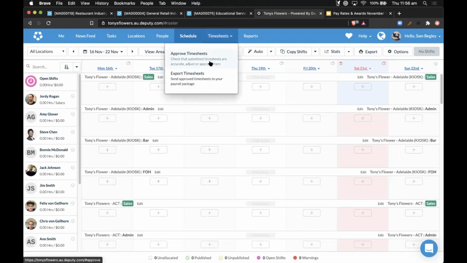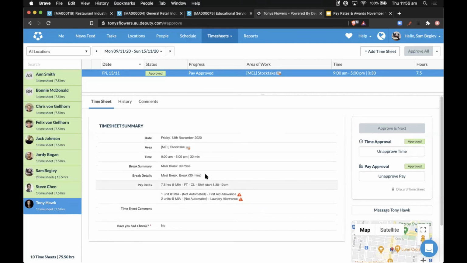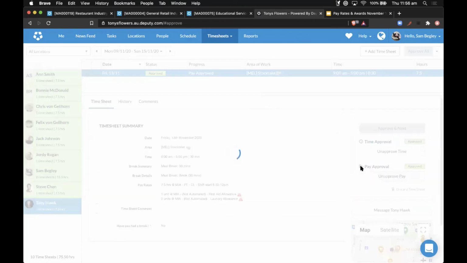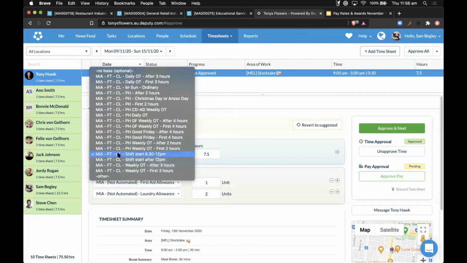So when we go and approve a timesheet, it's going to try and capture that flag to apply the right rate. But if it's for the past, then what you actually want to do is manually apply the public holiday rate to the timesheet. So we're going to unapprove the pay. If this is a public holiday, then instead of this kind of shift, you need to just pick public holiday.